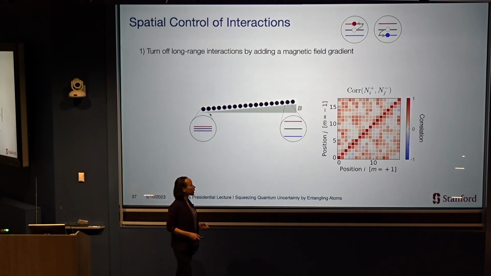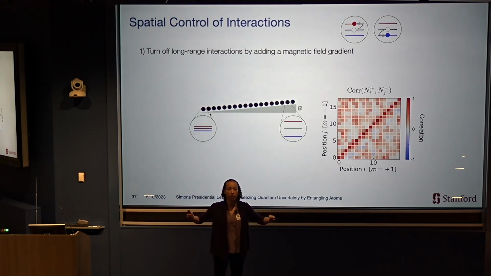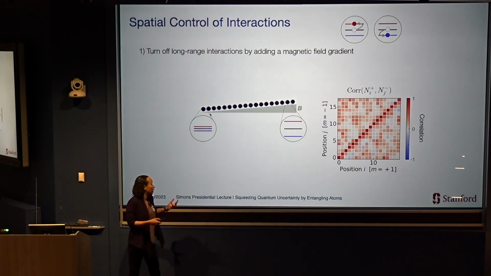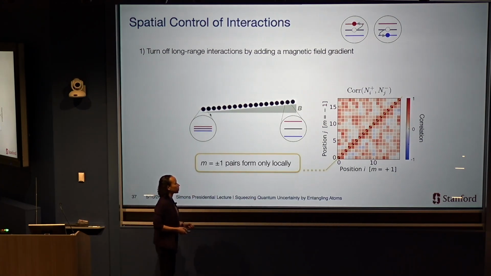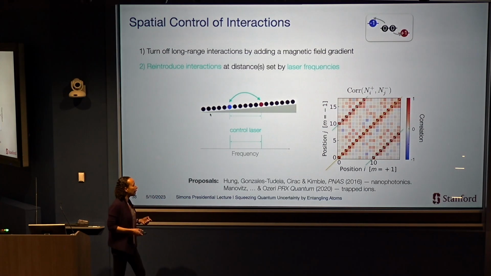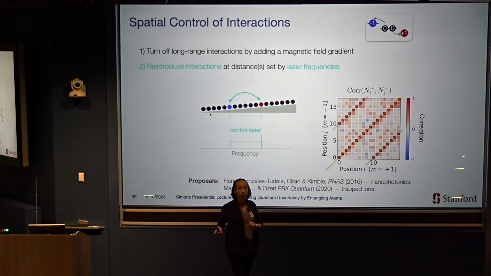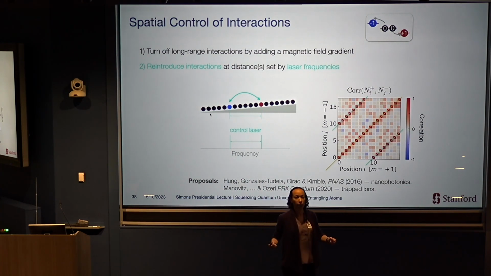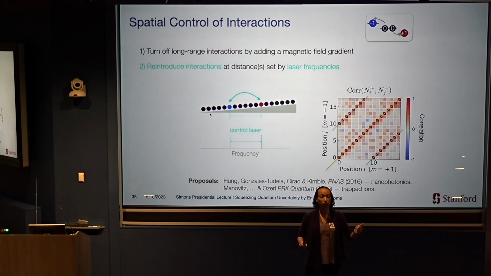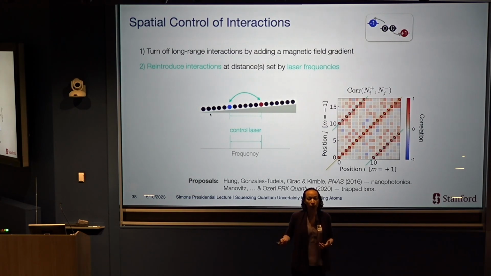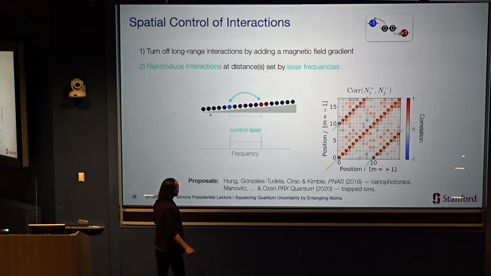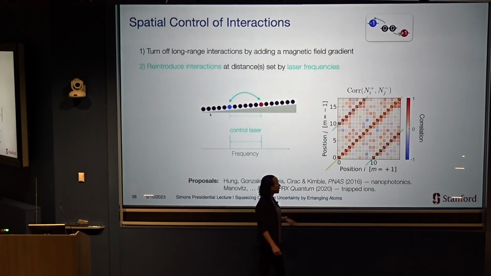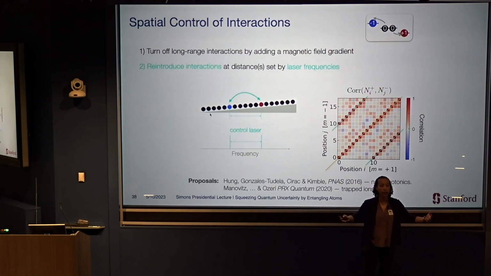But what I'd like to do is controllably introduce interactions between sites that I get to choose. And it turns out we can do that. So this is the local interaction. If I want to start to turn on some long-range interaction again, I can controllably do that by sending in two different frequencies of light. So now I have the possibility that one atom absorbs a photon of a particular energy. That photon gets scattered to another atom. The other atom emits a photon of a different energy, and that can bridge the cost of creating a +1 atom here and a -1 atom over there. So just by controlling the frequencies of light that we send in, we can control the distances at which interactions are on in this array.